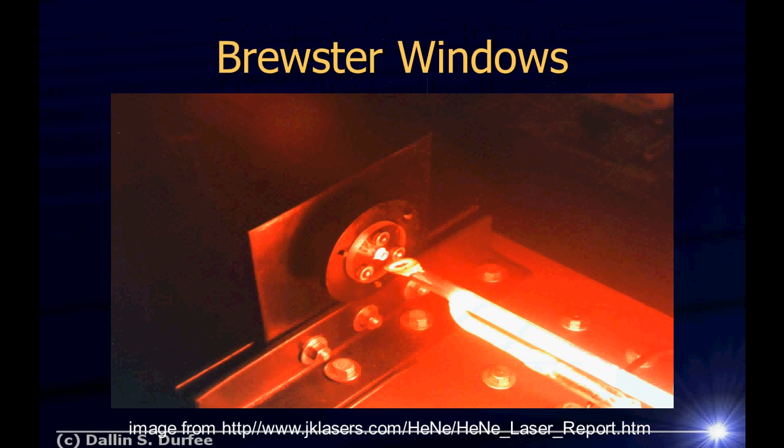All right? Brewster's angle is also really handy. For example, imagine you're building a laser. So here's a picture of a laser tube. I believe this is a helium neon laser. So there's this gas in here that's glowing. You're trying to get a laser going, and you've got this little mirror here that's reflecting the light back and forth to make the laser. But you've got a window on the end of your tube to keep the gas in. You want to have very little reflection off that window because that can mess up your laser, right?